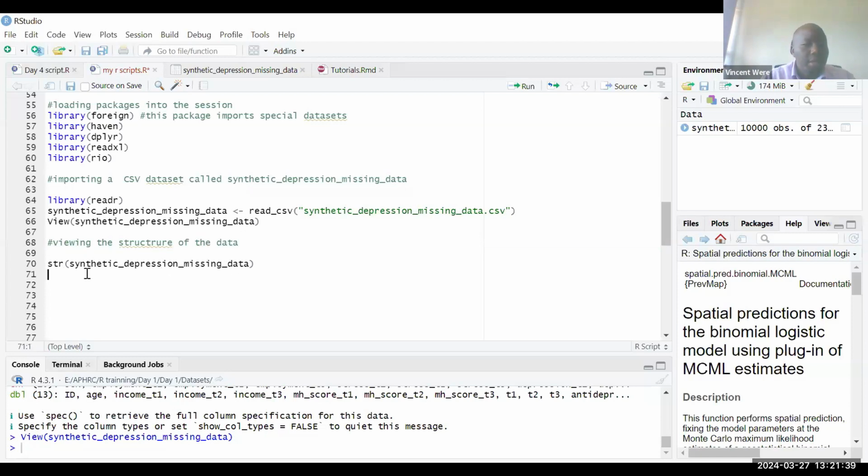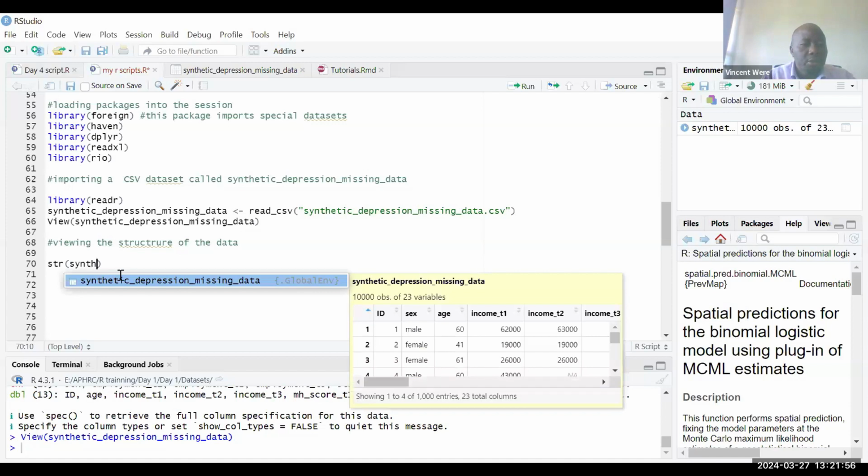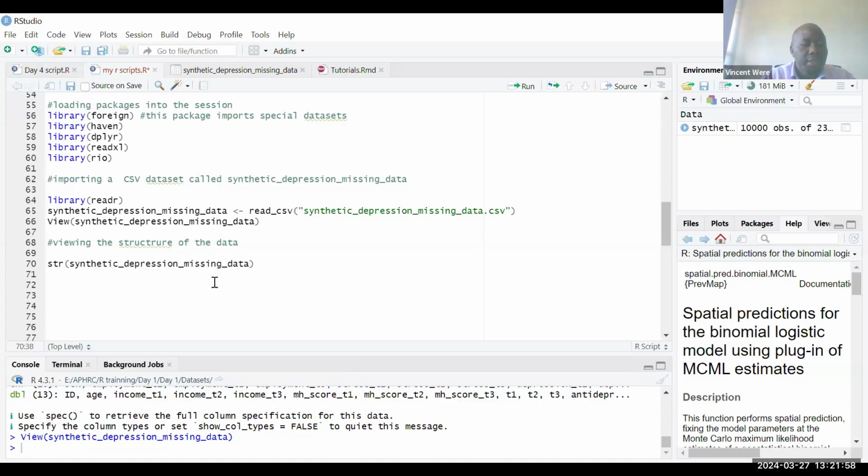And the command to do that is you write str, you put a bracket, and you write the name of the data set, which is synthetic depression, and it will suggest the data set for you. And you can run it. You don't have to highlight, by the way. I was just saying you can highlight for beginners, but anytime your cursor is anywhere on that row and you click run,